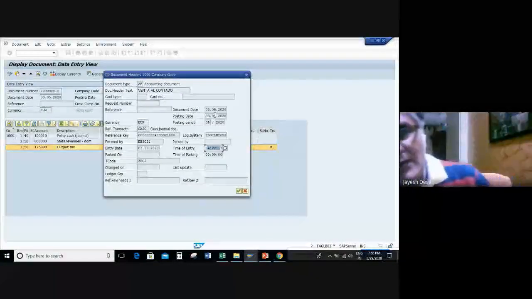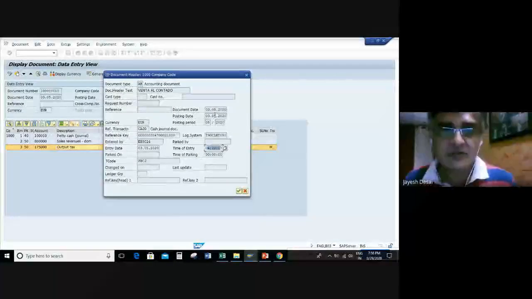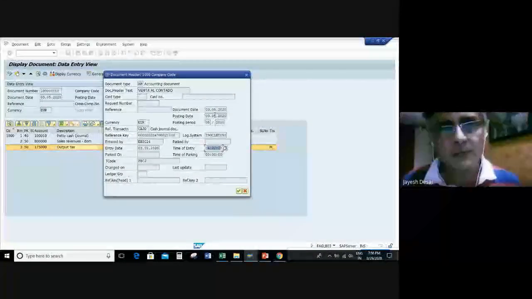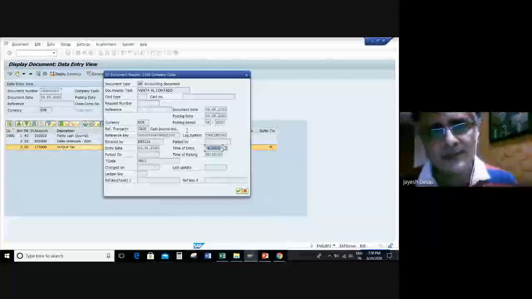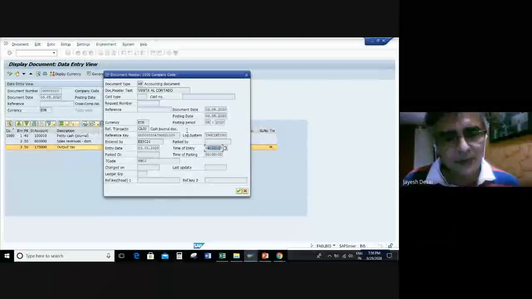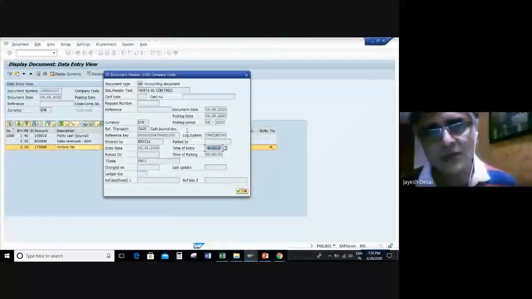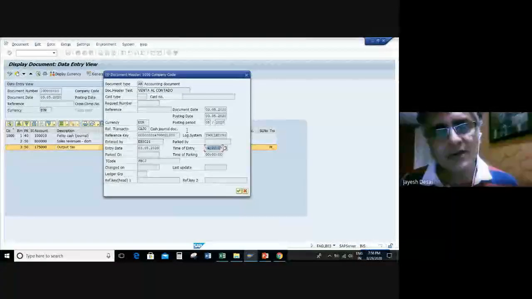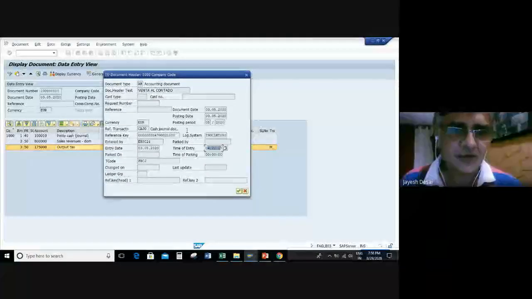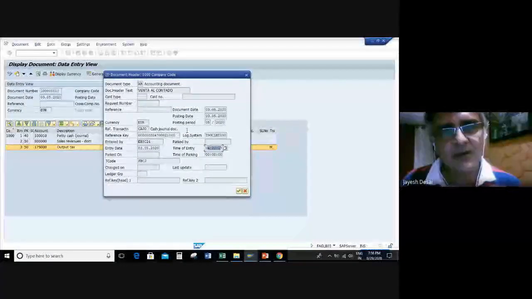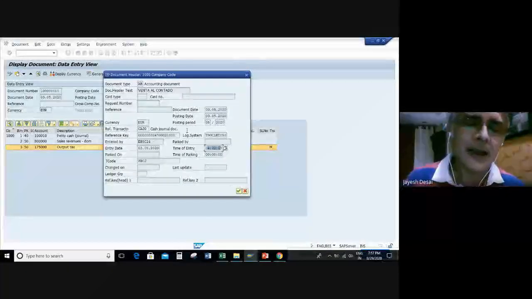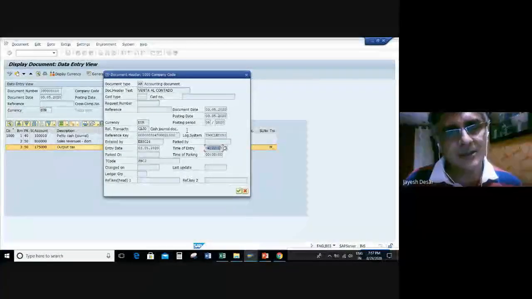Now, how will SAP determine which period to post? Which period it should show? So in a fiscal year, which say runs from January to December, you have 12 months. And let's say the document date is of November. You are posting it in December. No, so you are posting it in January. You are doing the entry in January, but your posting date is in December. So let me put it again. Document date is November. Entry is happening in January after the year is closed, and the posting date is December.